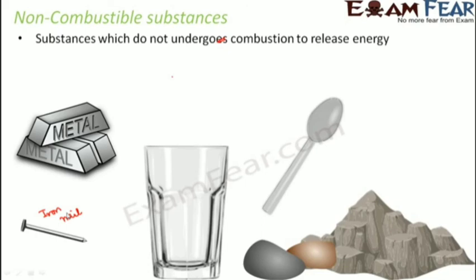Take another example, glass. Glass also does not burn. Take the example of steel. Steel also contains a metal, so steel also doesn't burn. Take the examples of stones and rocks. They are all examples of non-combustible substances. You think of any of these substances and you will find that they do not burn easily to release heat. So that is why they are categorized